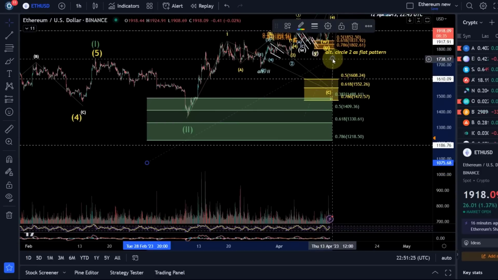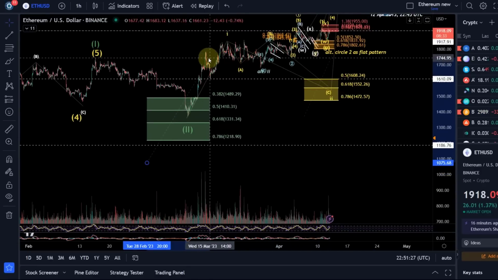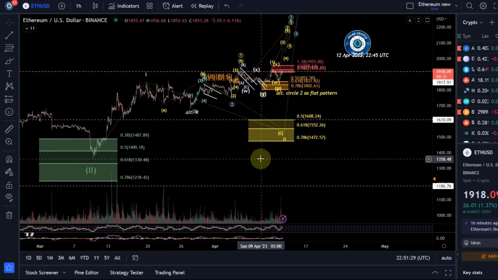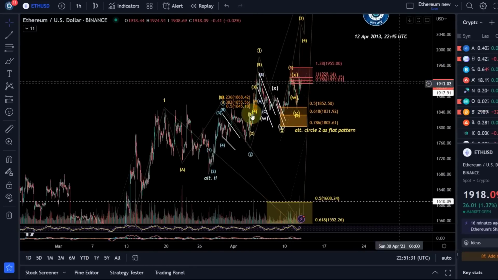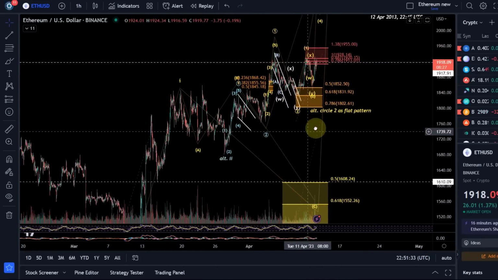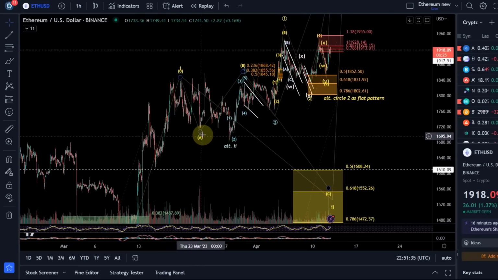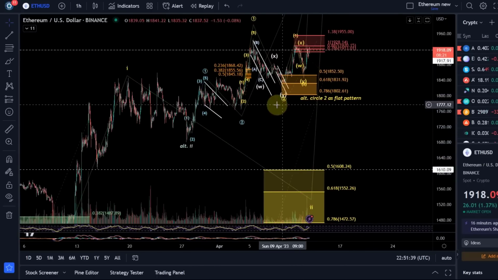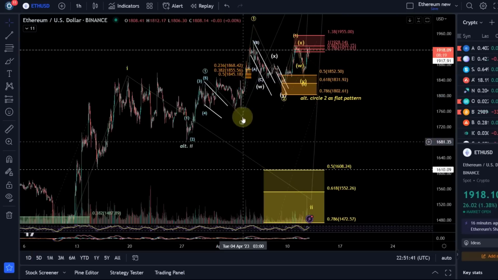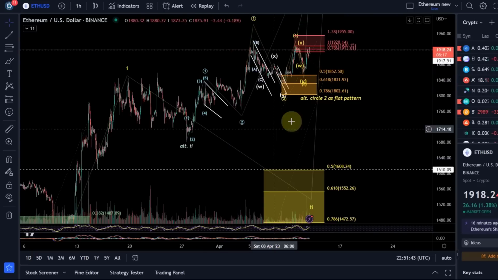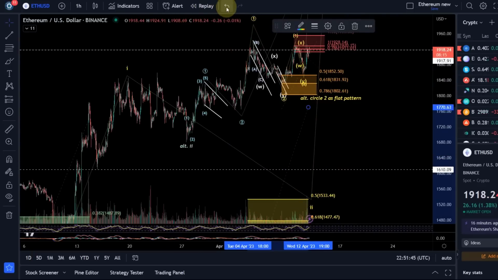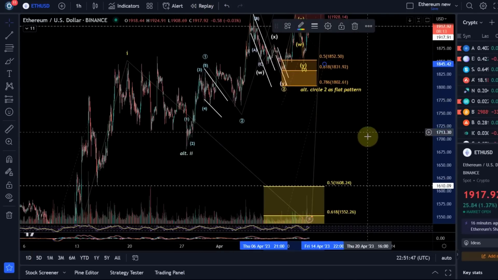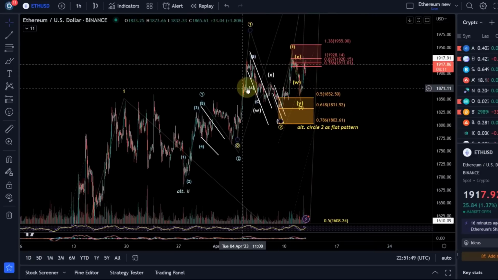What I'd like to do as well, we want to talk about different scenarios that could be unfolding here. Because things with this price action did get quite messy up there. So let's take some of these subwave counts out. No need to show them. Take some of these support areas out, and we just focus on what we have in front of us. So I feel that's okay,